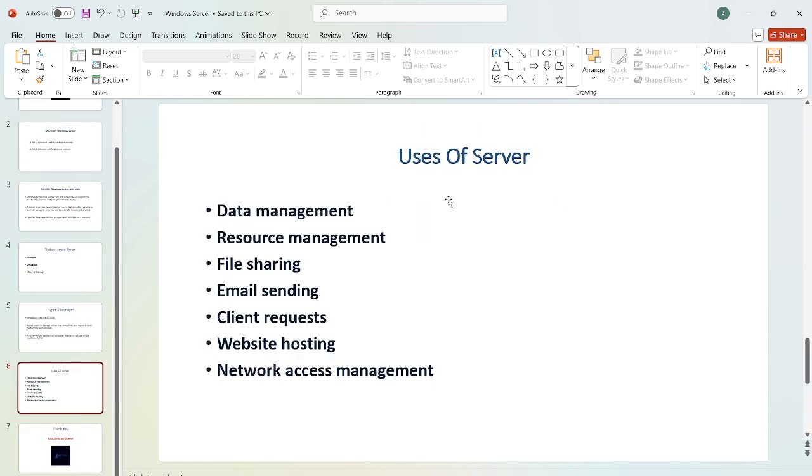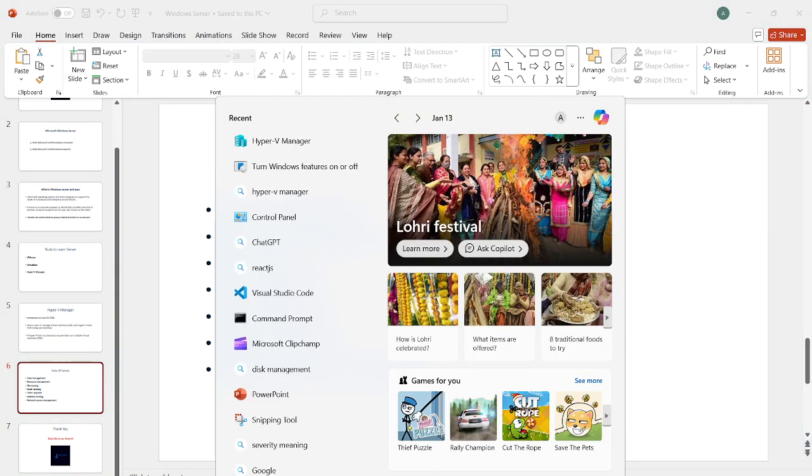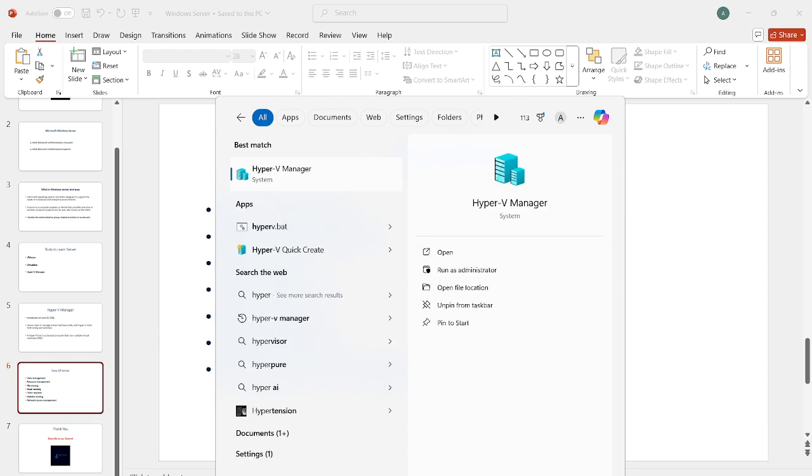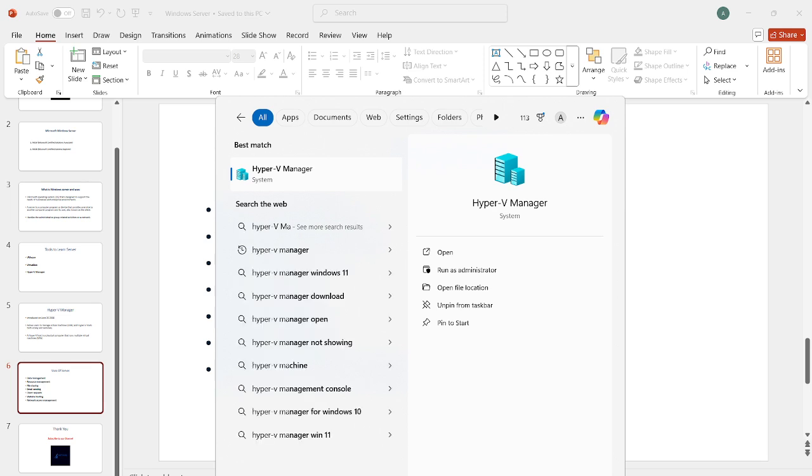Now we are going to see how to install the Hyper-V Manager. It is an inbuilt feature in Windows. First we are going to search for the Hyper-V Manager. When you search for the first time, it will not appear on your computer, so we need to enable these features. For that, we are going to